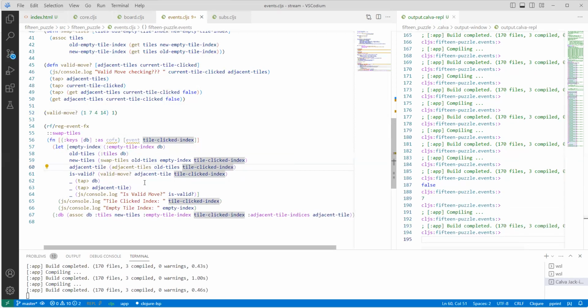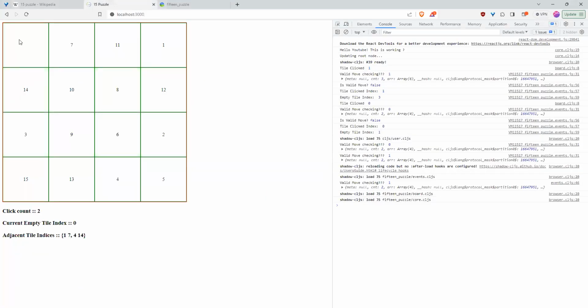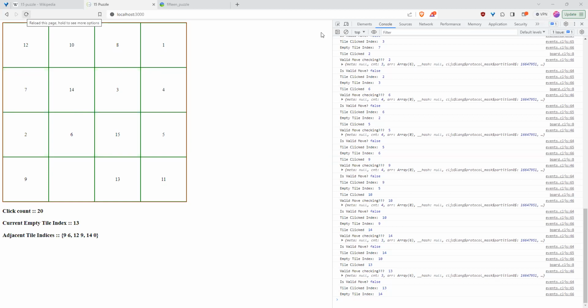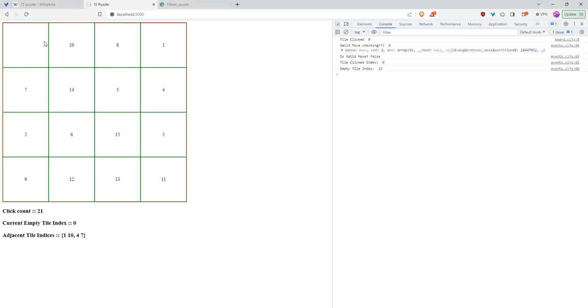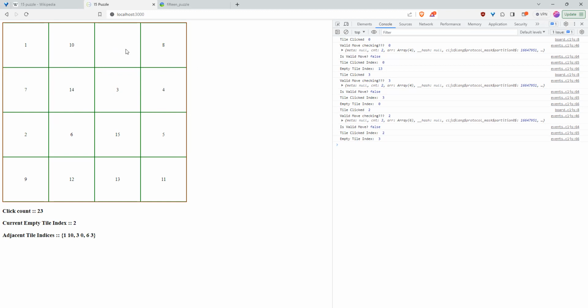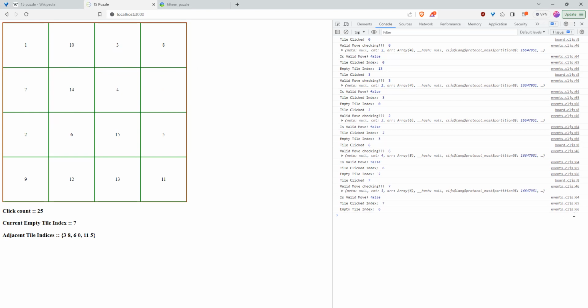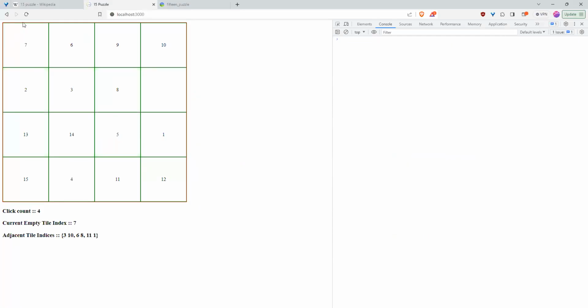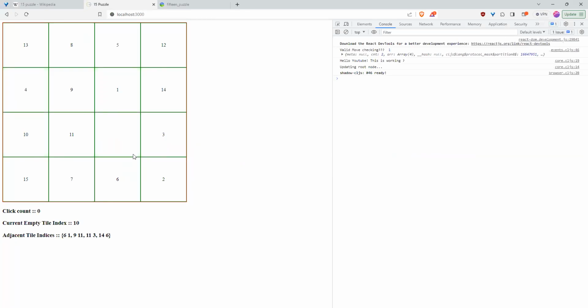Okay, and all my. So this seems to be working fine by changing that. So whenever you see, if you click on any random, this valid move as false. Okay, so this is little messier, which I've managed to make it. So what is happening right now is that I can see the adjacent tiles for